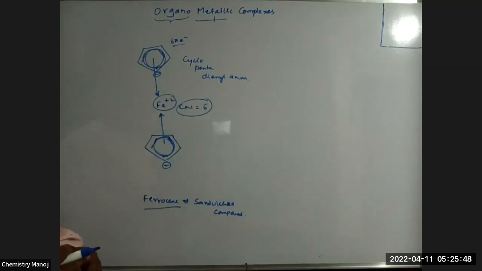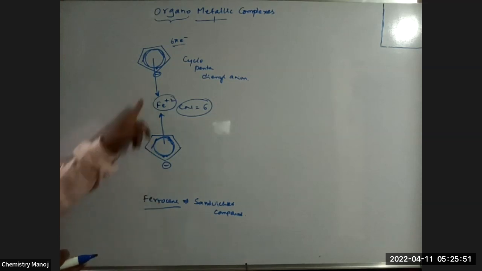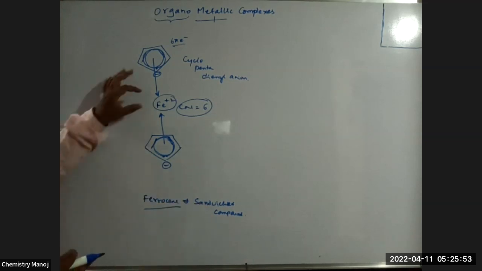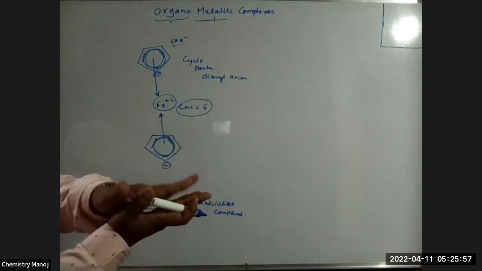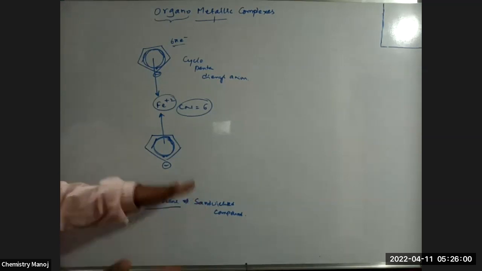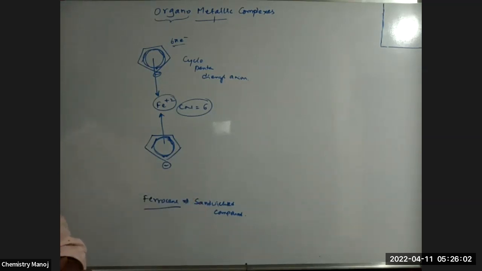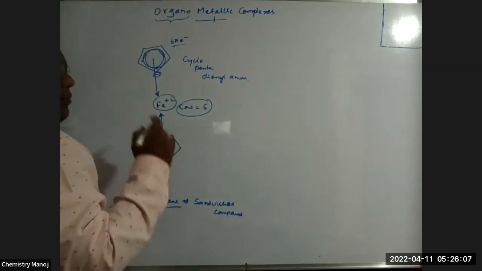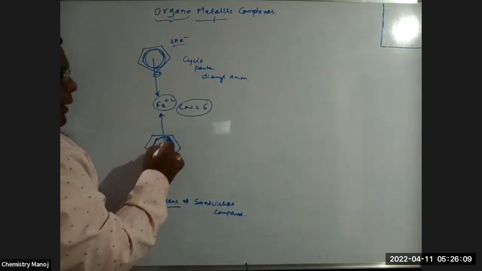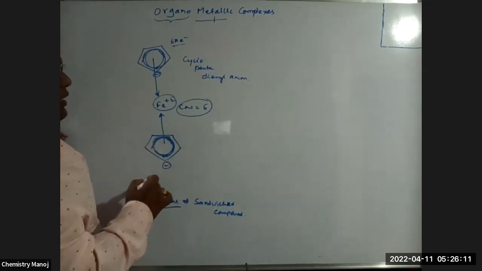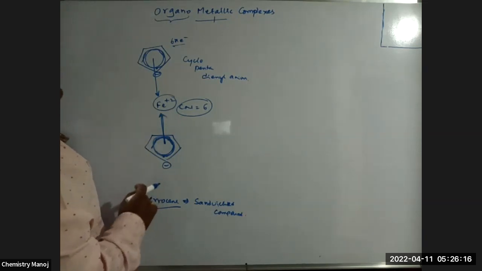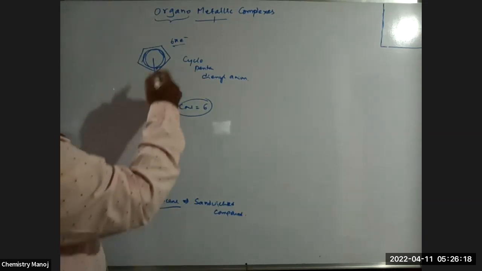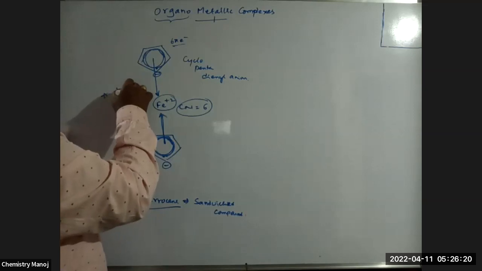Correct. Now this compound is called ferrocene. See, my dear, this Fe plus 2 is a sandwich between two cyclic groups. That's why it is taken as a sandwich compound. It seems to be a sandwich, but it is ferrocene. The most important example: pi bonded electrons are involved in the coordinate covalent bond formation. That is why this is called a pi bonded complex.